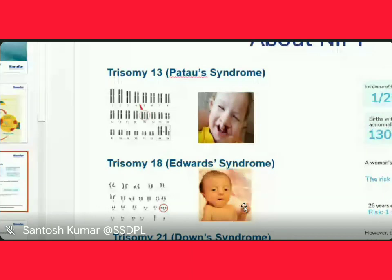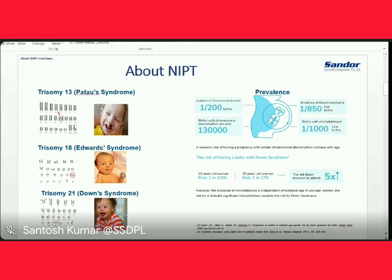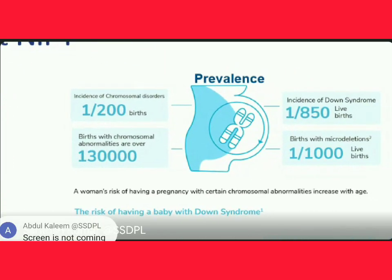So to avoid this, we are doing this test. So let us understand prevalence. Prevalence means what is their percentage, or what is their occurrence in a general population. Just check, we'll check it. So the incidence of this chromosomal disorder is actually